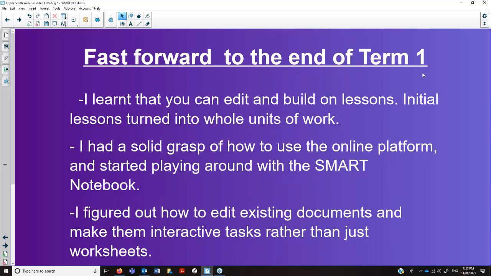So that was all for term 1, and if you fast forward, I guess, towards the end of term 1, beginning of term 2 for me, some of the lessons that I'd learned through using this technology with multiple classes, going back to that first group of 6, 7s that I'd worked with, adding on to the work that I just showed you with my 5, 6s, I'd learned that you can edit and build on these lessons,